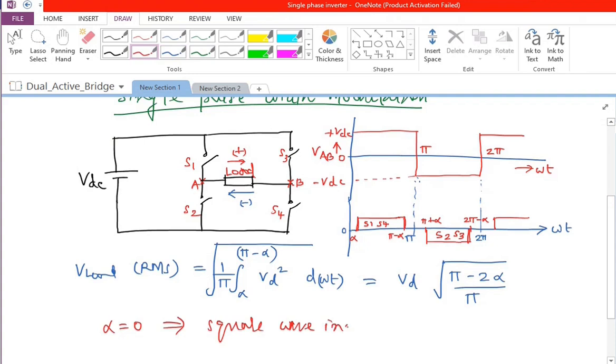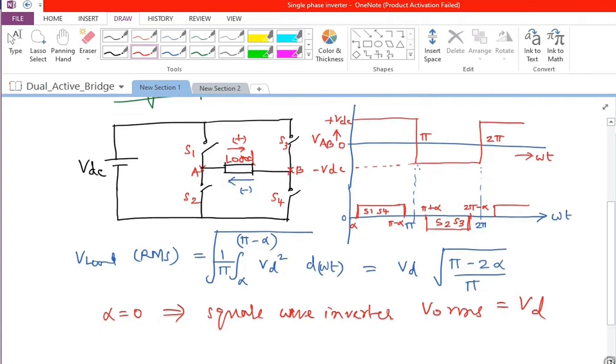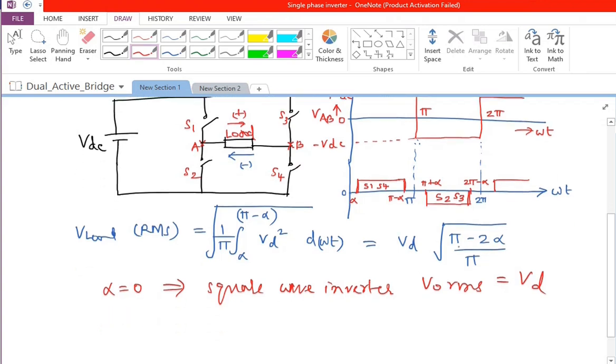And in square wave inverter, we had output RMS value to be Vd. It was not any different because pi minus 0 divided by pi, square root of that. So that's going to be Vd. Whereas when you have a larger and larger angle alpha, then correspondingly, this RMS value is going to come down